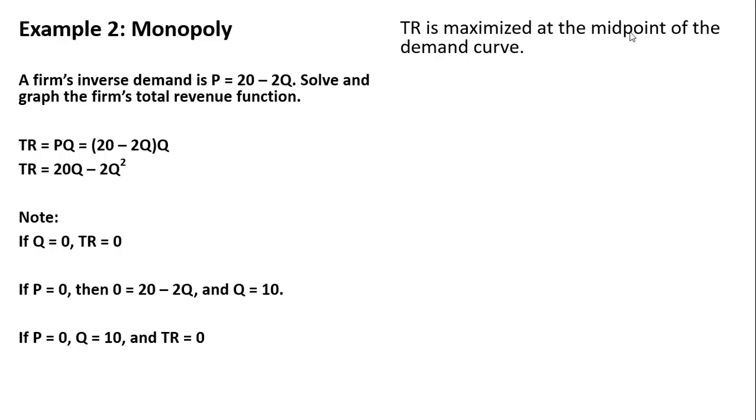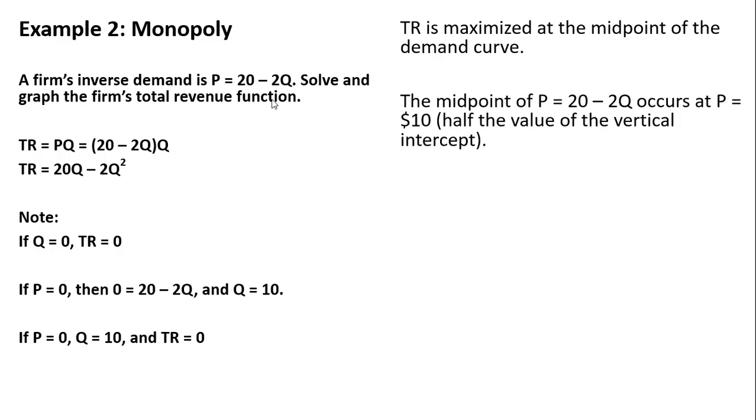Total revenue is going to be maximized at the midpoint of the demand curve. So when graphing total revenue for a monopoly, it's usually useful to try to find where total revenue is going to be the highest, and that is going to occur at the midpoint of the demand curve. So looking at this price equals 20 minus 2Q, the midpoint of this inverse demand occurs at price equals $10. Just as half this value of 20 is 10. So half the value of the vertical intercept. And at P equals 10,